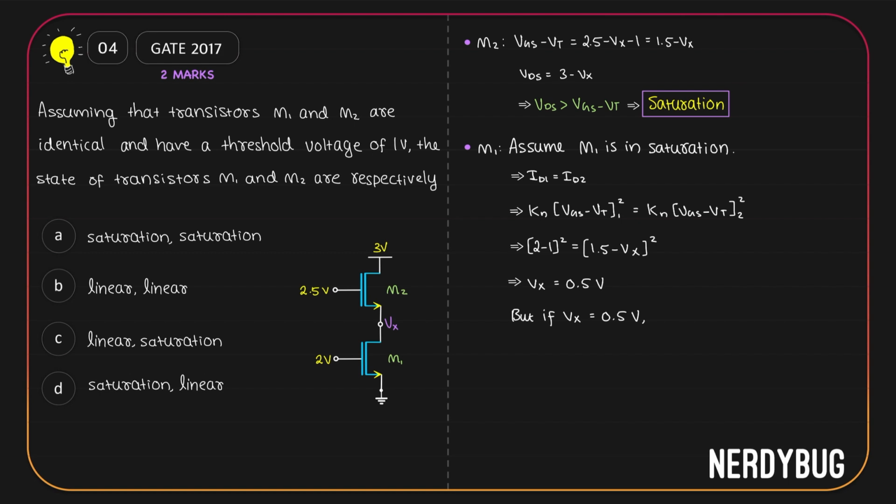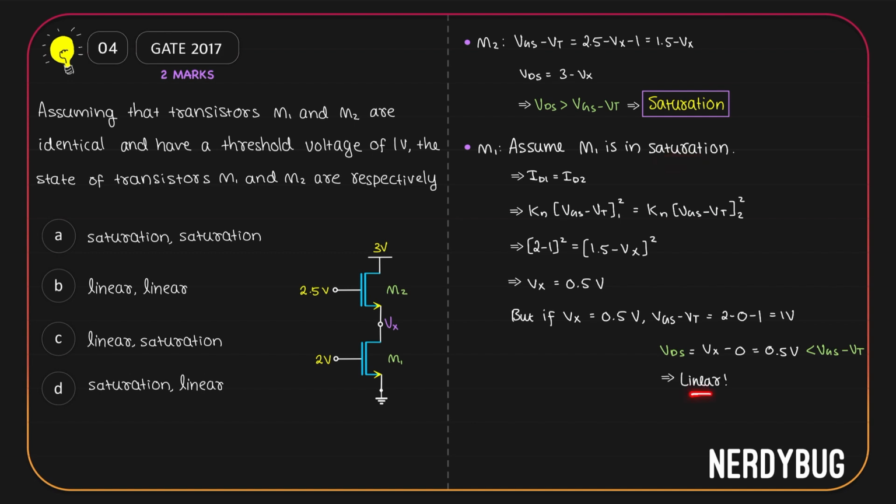If Vx is 0.5 volt, for MOSFET number 1, we found that VGS minus VT is 1 volt. What will be VDS? We saw VDS is Vx minus 0, or Vx. Since we are taking Vx to be 0.5, VDS is 0.5 volt. But that means VDS is less than 1 volt, or VDS is less than VGS minus VT. That means MOSFET number 1 is in linear region,